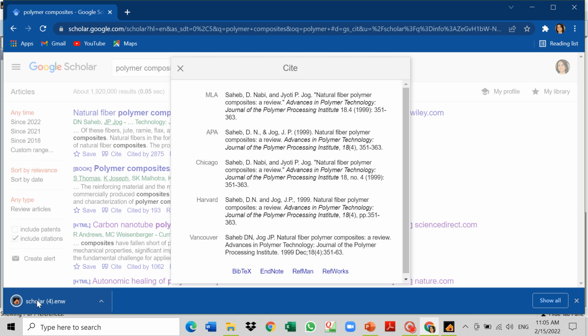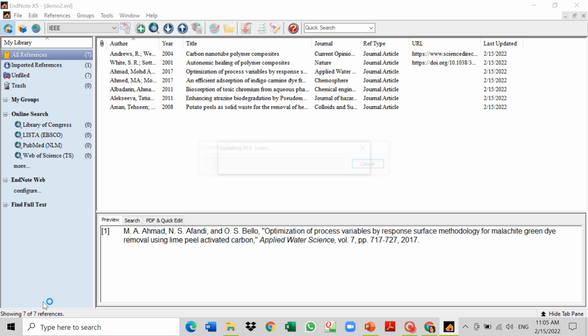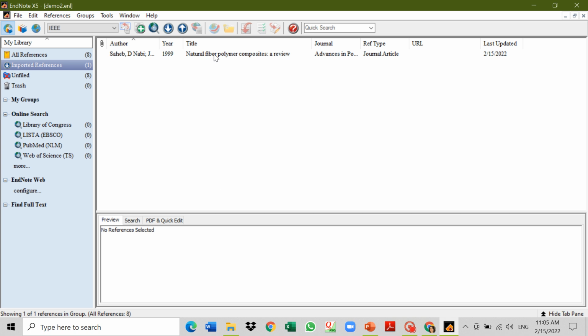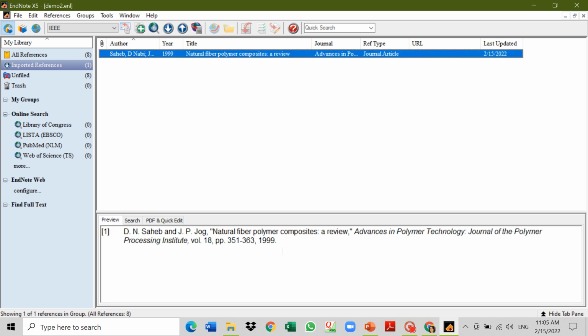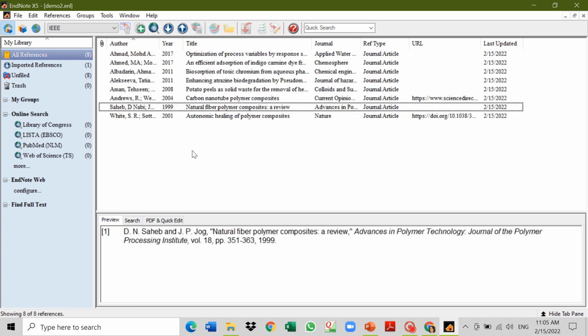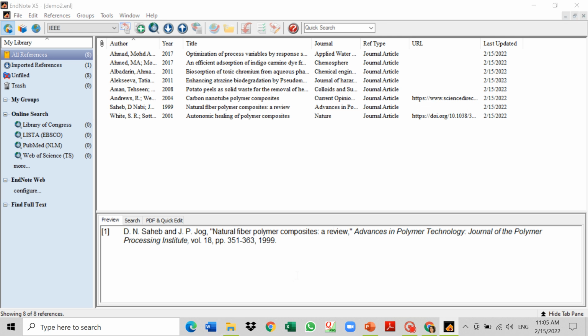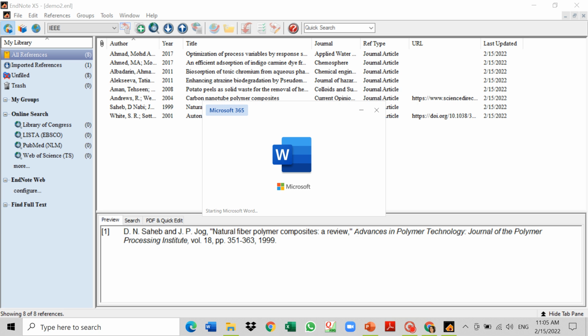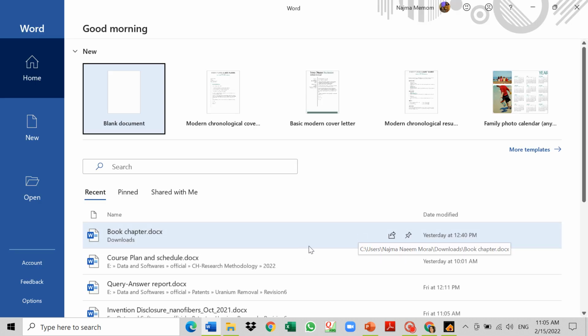It will once again download the reference, and when you click it, it will open into your last open library. So now you have many references in your library. Let us go and check how we can insert these references into the Word file. So you will open a Word file, maybe the file that you are already working on, or you can